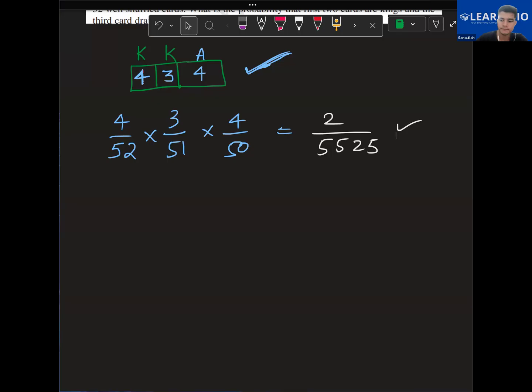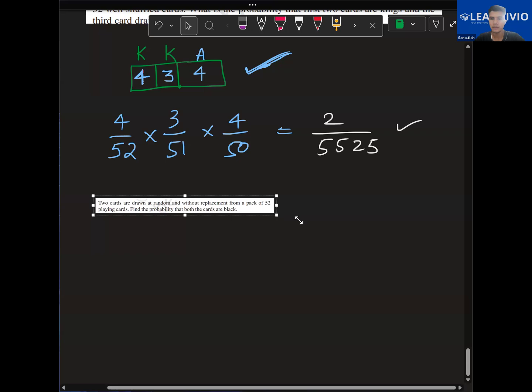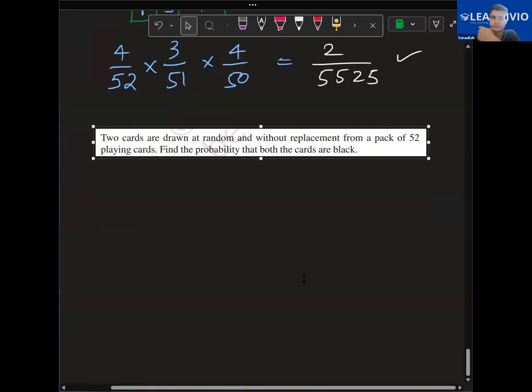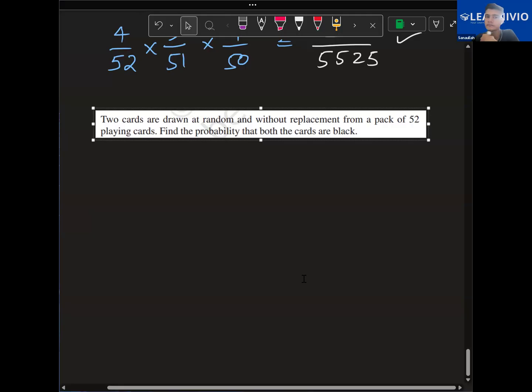अच्छा, ये क्वेश्चन लीजिए। And it is saying find the probability that both the cards are black. या बोथ द कार्ड्स आर ब्लैक। Sir, but we don't have black cards. वी हैव ब्लैक कार्ड्स।